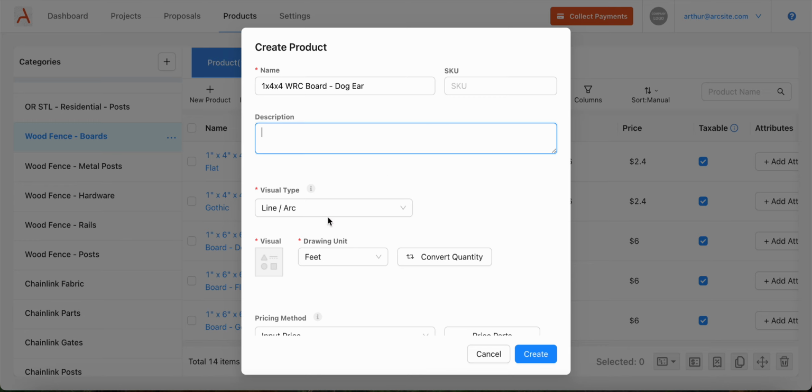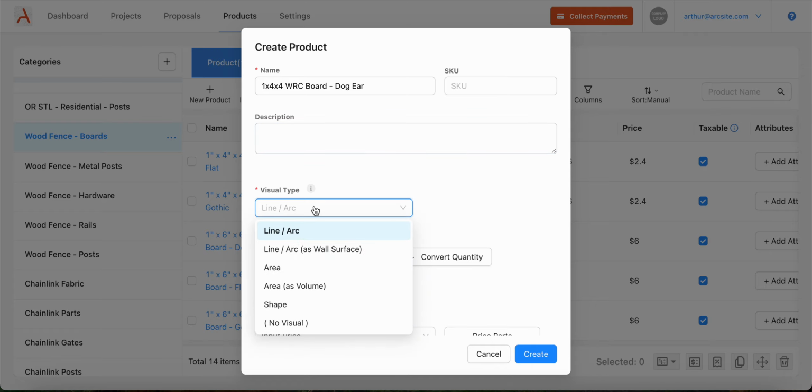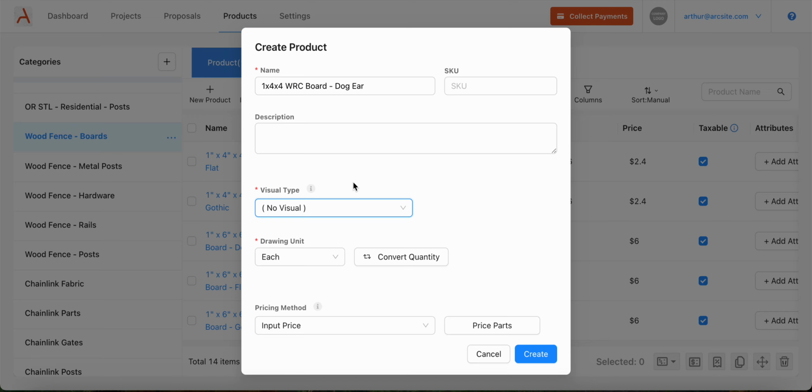Now, the next field that you're going to select here is the visual type. 99% of the time for your fence setup, you're going to want to scroll to the bottom and select this no visual option. The reason for that is when you think about how the library is set up, your products